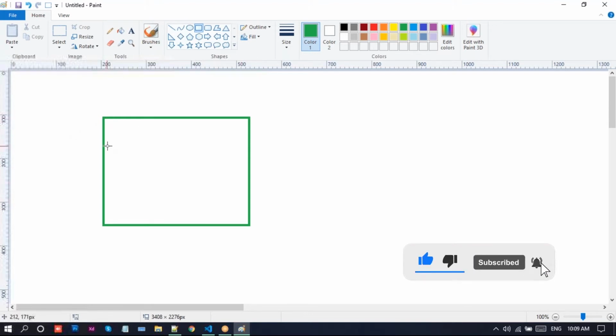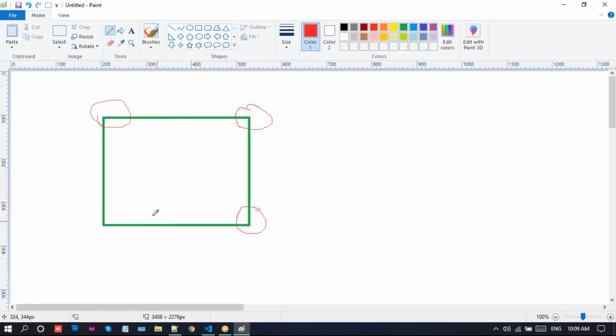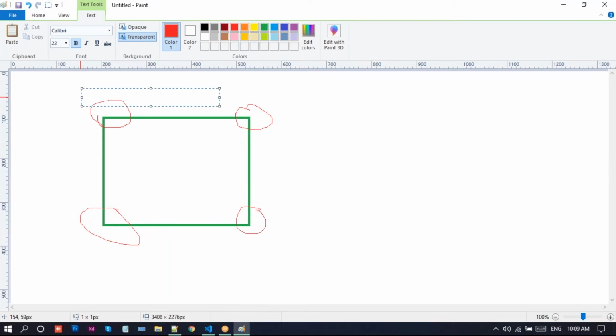This is a box we have. Assume that it is a border. Every border has four sides, so I'll take this pencil and mark this one, this one, this one, and this one.